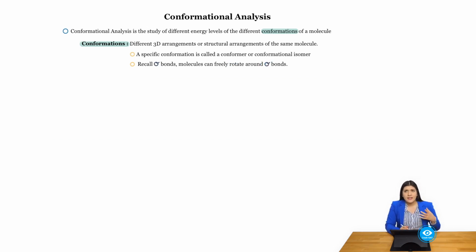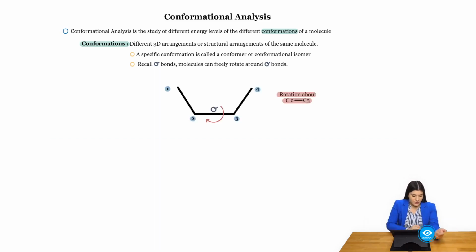What we're looking at is, remember what a sigma bond is. Remember that a sigma bond really is either a single bond, or a sigma bond is found in every single type of bond, essentially. If we were to have some sort of structure like this, what we're essentially saying